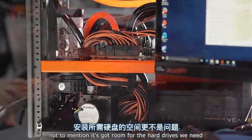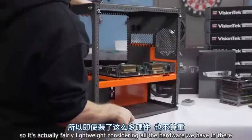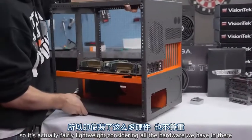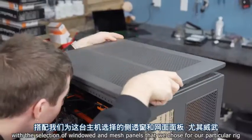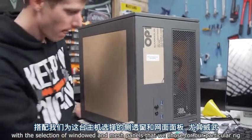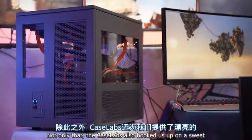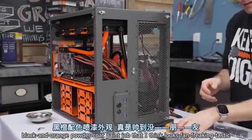Not to mention it's got room for all the hard drives we need, and it's got a full aluminum construction, so it's fairly lightweight considering all the hardware we have in there. And personally, I think it looks pretty badass with the selection of windowed and mesh panels that we chose for our particular rig. Not only that, but Case Labs also hooked us up with a sweet black and orange powder coat paint job that I think looks